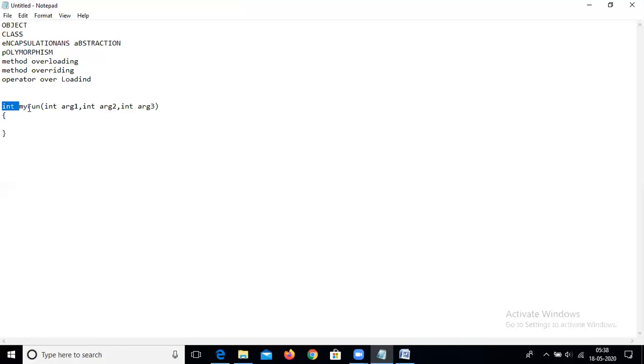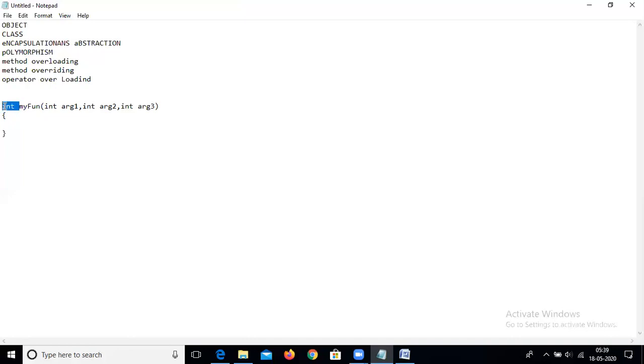passed inside that function. These arguments are called formal parameters, or simply arguments. So inside the same class, functions with different signatures means the number of arguments can be changed, or the type of arguments can be changed.